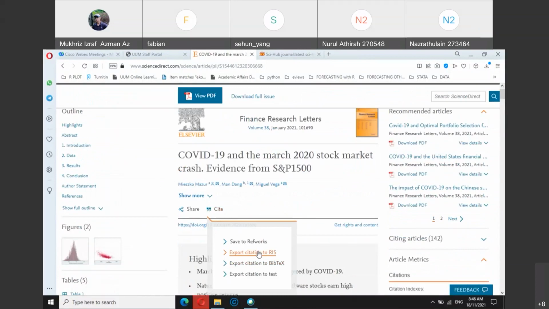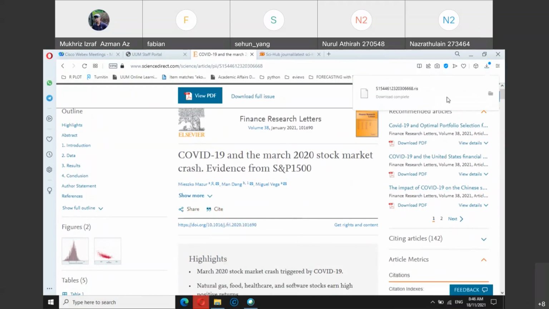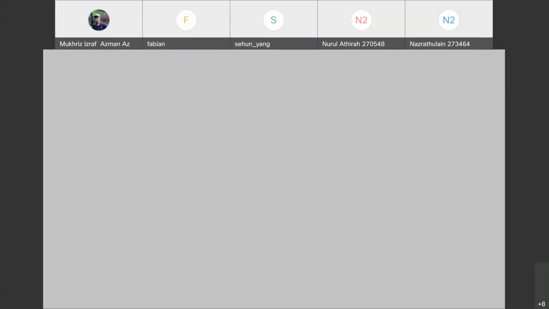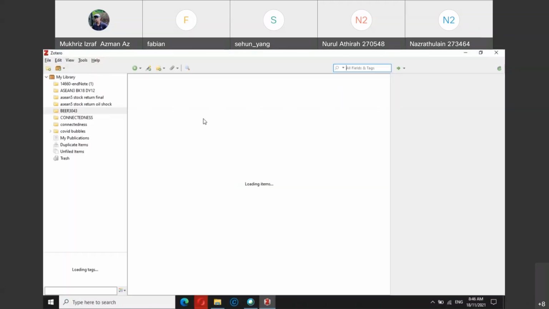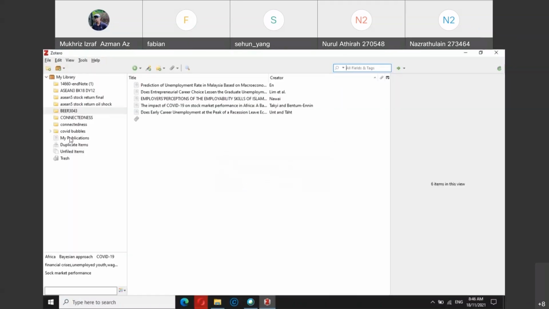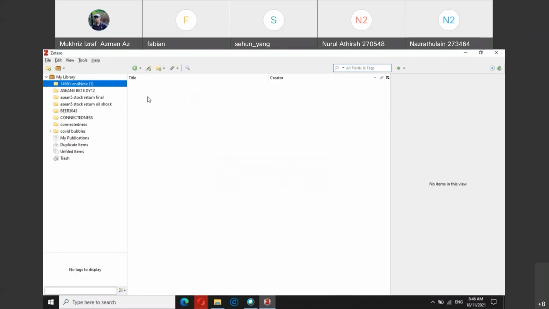So for any journal article, look for the cite button or cite icon, click on that and export to RIS, and then you're going to be prompted with the file here, where you can simply double click, or you can go to Zotero and import the file directly, for example this one.